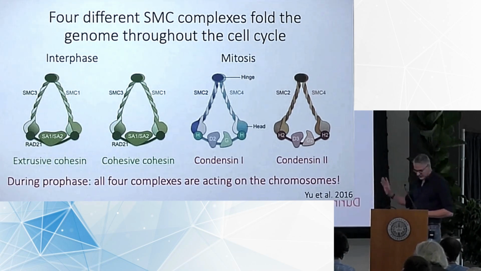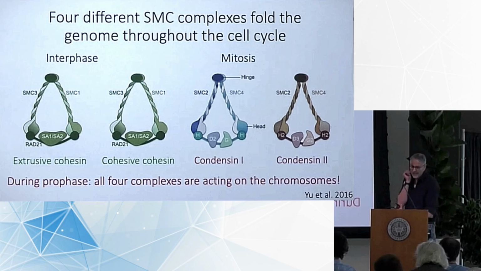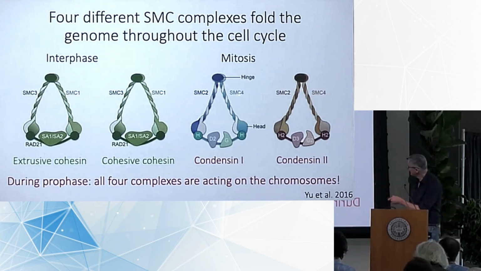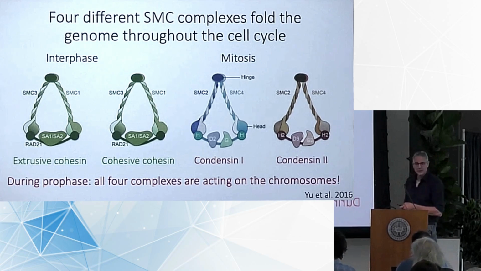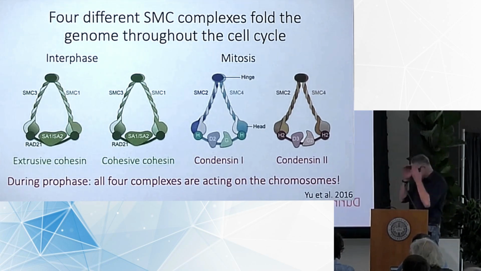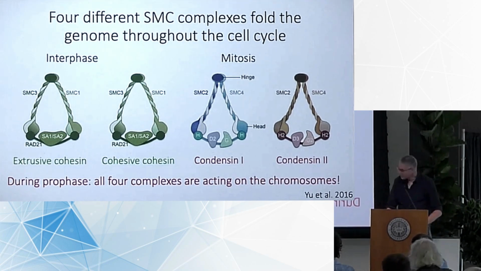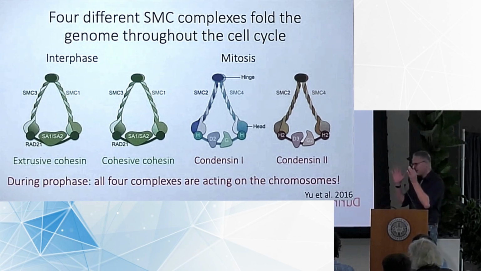Now, I won't have time to go into any details, but we were able to estimate the extrusion speed of, for instance, condensins. It's been measured in vitro on naked DNA, but in vivo, the extrusion speed is between 1 and 3 kilobase per second. Okay, that's on chromatin, inside cells. And I still have this mental picture in my head that I find rather extraordinary, that I'm thinking about these long chromosomes, and we have these machines,